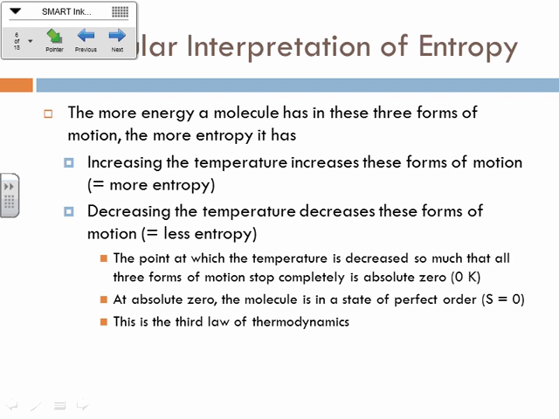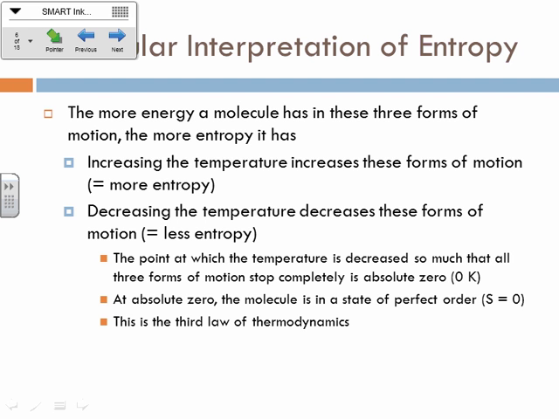So decreasing the temperature decreases the entropy, of course. And then we've talked about absolute zero before, so I think you guys know that. But the reason it's absolute zero is because it's that theoretical point where all motion stops. Rotational, vibrational, translational, it all stops. Okay. At absolute zero, just by definition, this molecule is in a state of perfect order. In other words, there is no disorder in that system. So you want complete order, get to absolute zero, okay? Otherwise, there's going to be disorder in the universe.